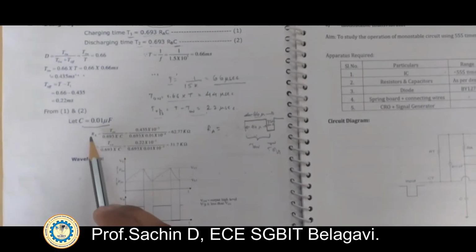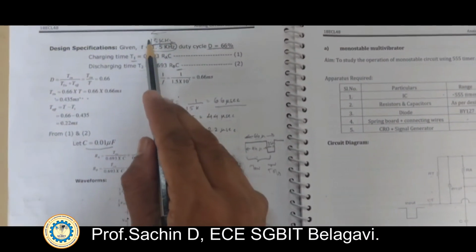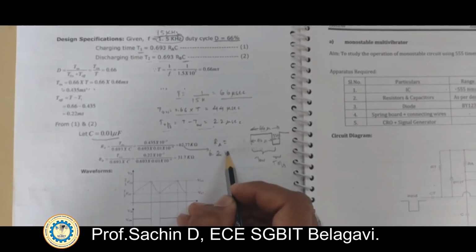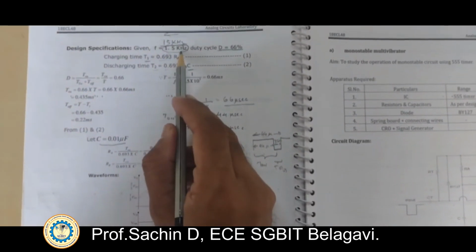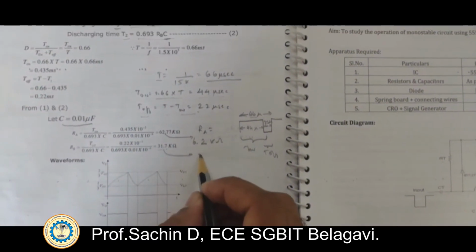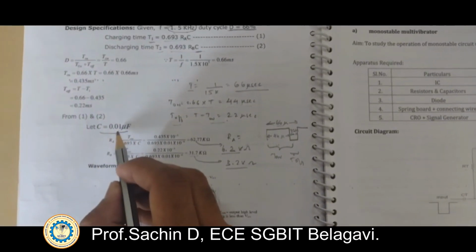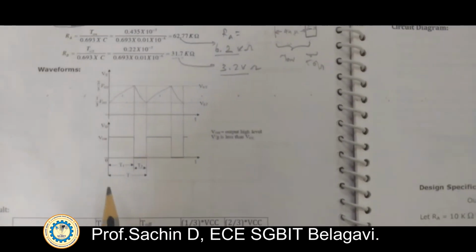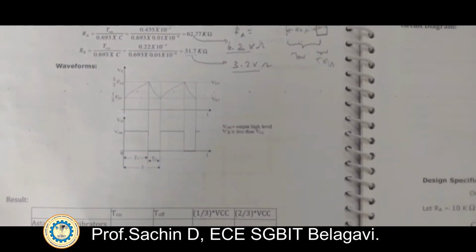Here you can see the design part, RA and RB I have calculated. When you calculate this RA and RB, for my design I have taken 15K. For this 15K I will get 6.2 kilo ohm, and this one here it is given 31.7. This design is done with respect to 1.5 kilohertz, but we have done the design for 15 kilohertz. So for that we get 3.2 kilo ohm. So we have taken 6.2 kilo ohm, 3.2 kilo ohm, and standard value of C is 0.01 microfarad. This is how we get the output here. You can see the output. This is my output square wave generated, and my duty cycle is 66%.